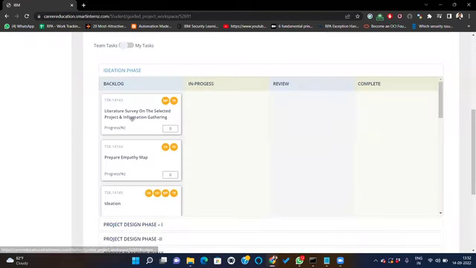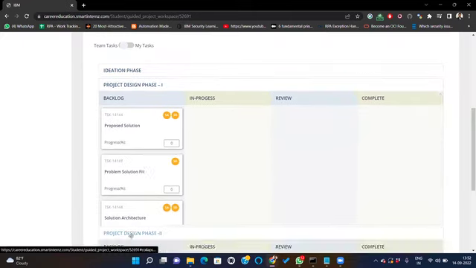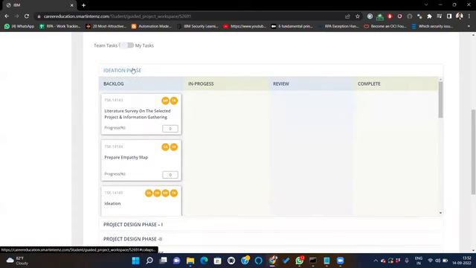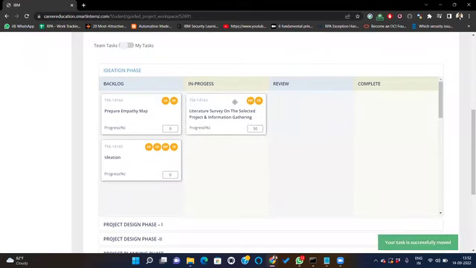In this, each milestone will have the task cards, something like a Kanban board, where they have to split the work among their team members. Now here I'll tell you one part. If you see this literature survey, it has been split between two people, one is Tarkesh and the other one is Mamta, right? So I am Tarkesh and I am a team leader. I'm just moving the task card to the in progress section.